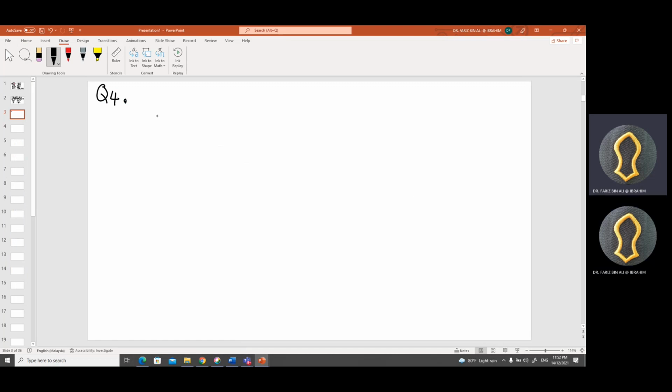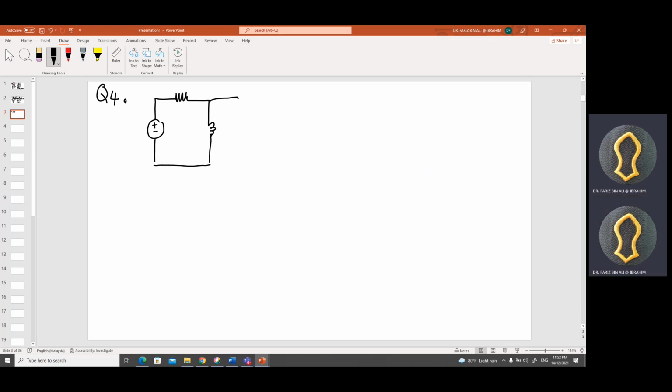So first of all, I have to draw. Here I have the voltage source, and then I have the resistor, and I have the inductor. Because I decided to use the initial current for the inductor, I will have a picture like this. And then for the capacitor, I decided to choose the initial voltage of the capacitor. I will have this 5 over S.